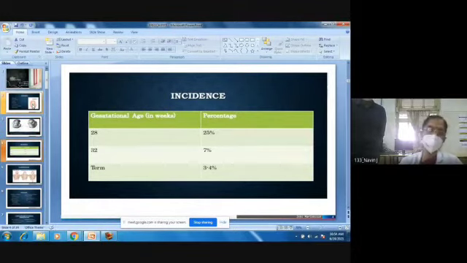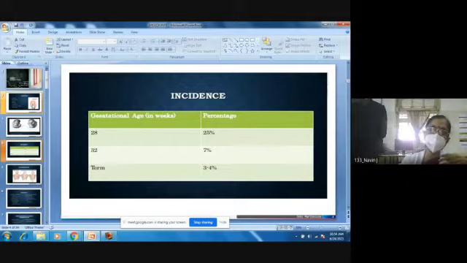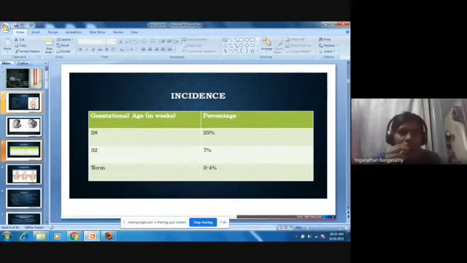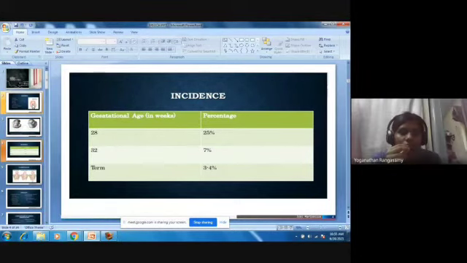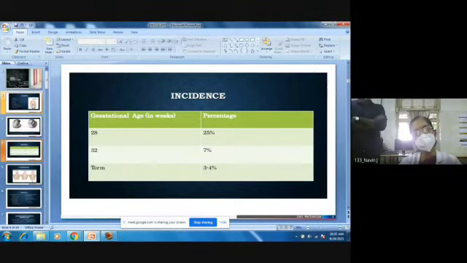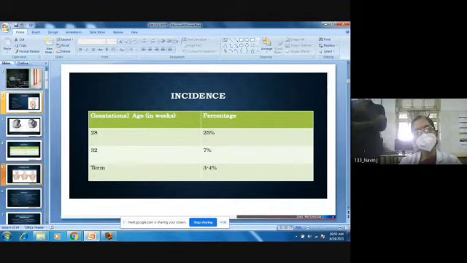Many times when the patient is remote from term, at 28 weeks you find almost 25% of the babies in breech presentation. As you come closer to term, the baby undergoes spontaneous version and the head comes to occupy the lower pole of the uterus. That's why at 32 weeks the incidence reduces and you find only 7% of babies presenting as breech. At term, you find only 3 to 4% incidence of breech presentation.